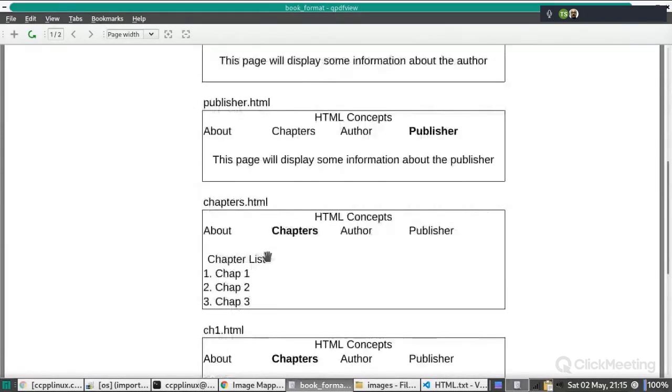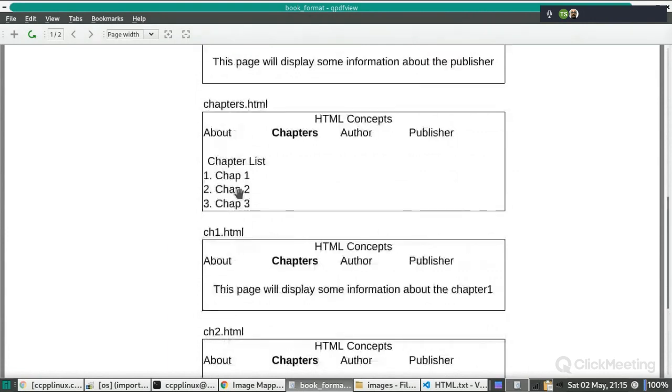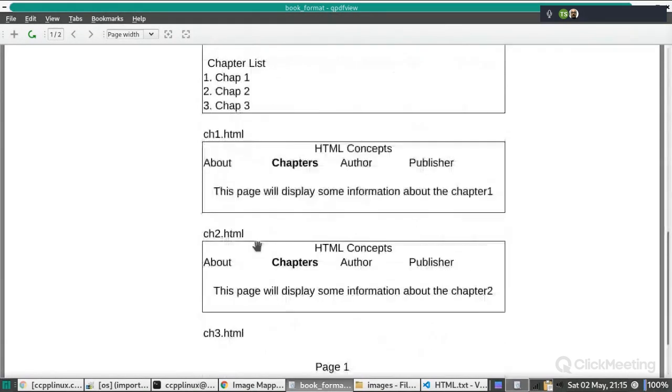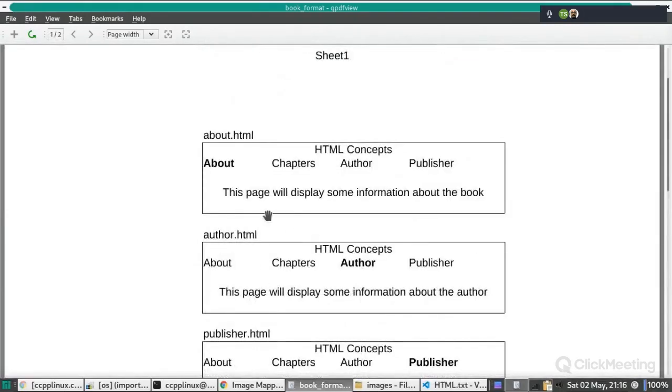But you need to jump from one page to another. Right now, it's all on the same page. You have to create separate documents, like do an href. Separate pages, separate files. Chapters.html. You have to create separate files, so it links from one file to another file to another file. Right now, you have everything on the same page. A true website jumps from one page to the next.